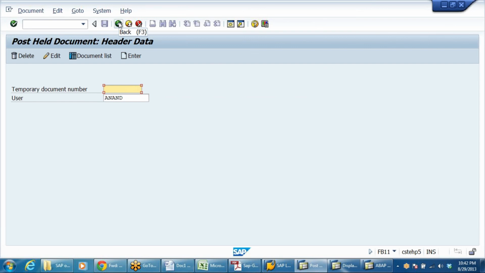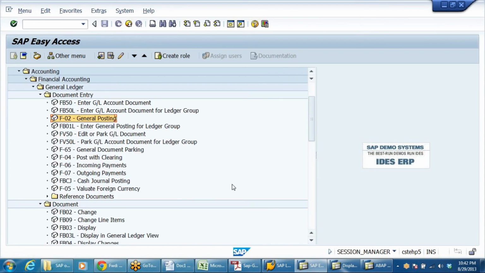In case of held documents, or documents kept on hold, if you delete the document, there will not be any traces of it, because it is temporarily held by me. In case of parking, once it is parked, it will go to the parked documents list. But if the document is temporarily kept on hold, once you delete it, you cannot find even traces. So there is no botheration for that. And these are the two facilities given.